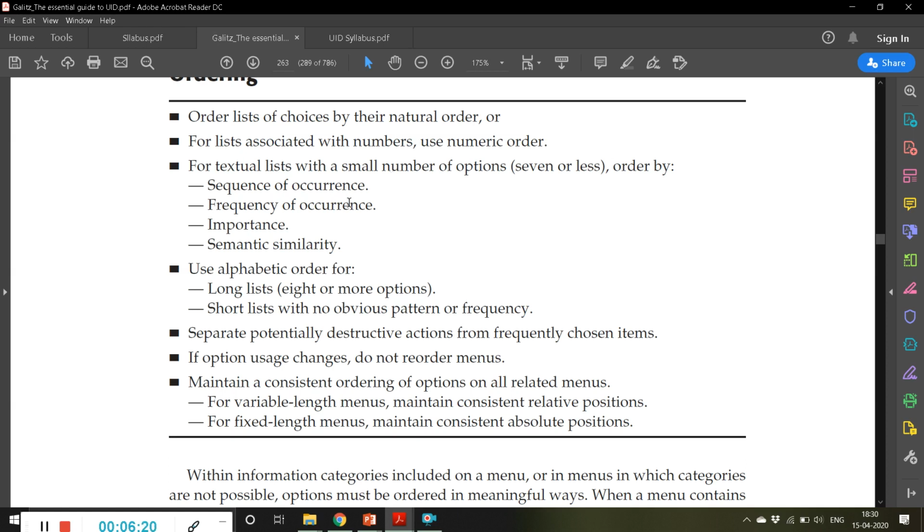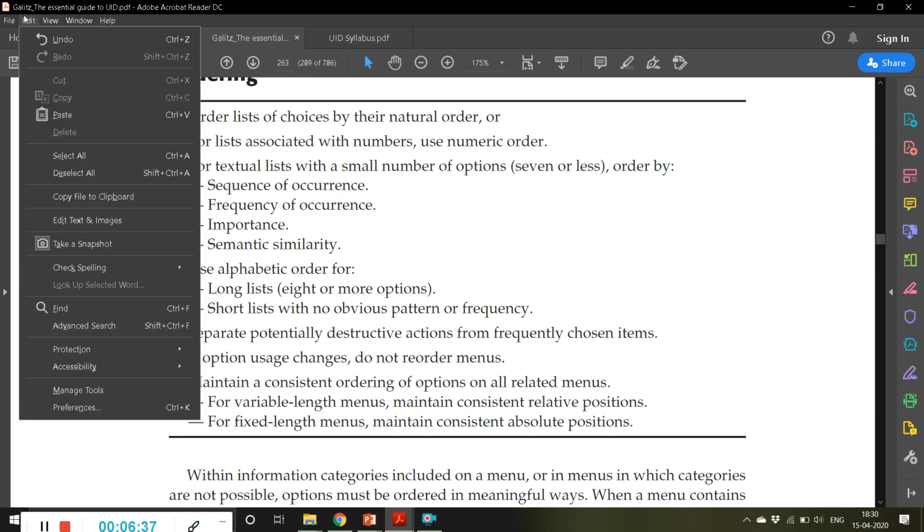Same with frequency of occurrence. If a particular option will be used many times by the user, then you keep it in the top position, so that the user does not struggle. For example, when I click here, suppose I have to use manage tools again and again, then you bring it and place it here.